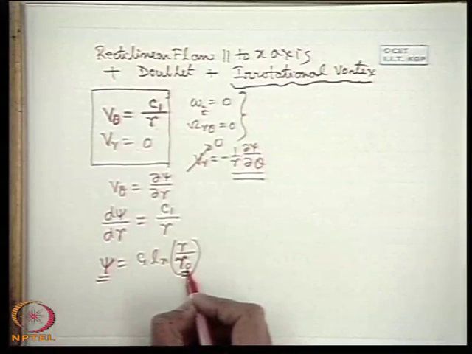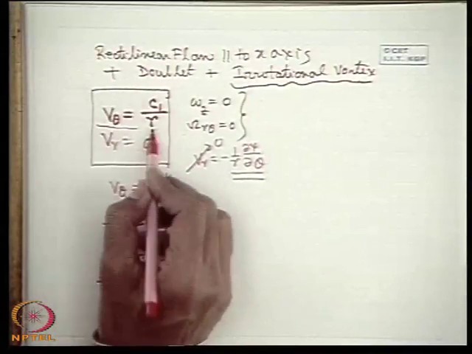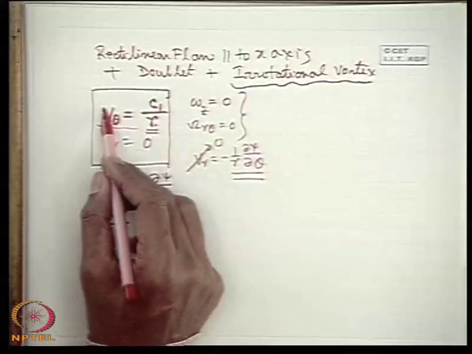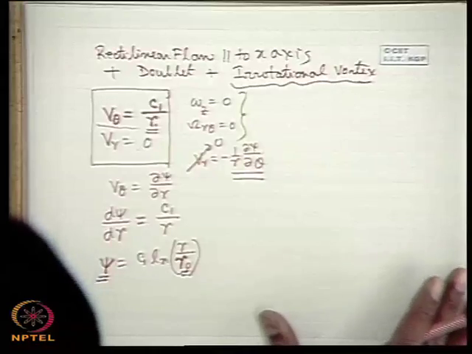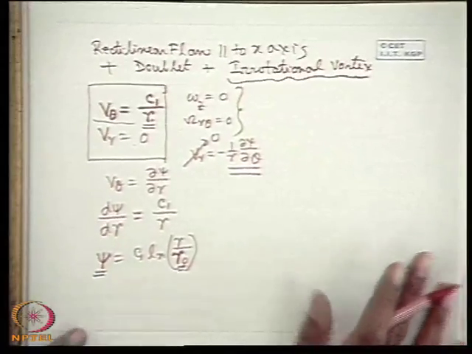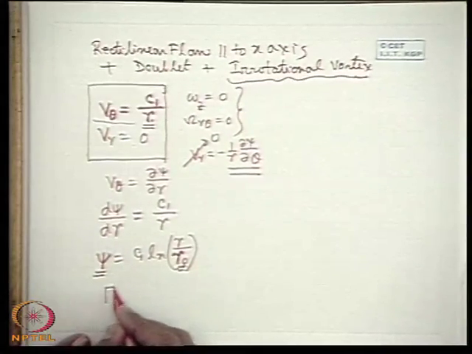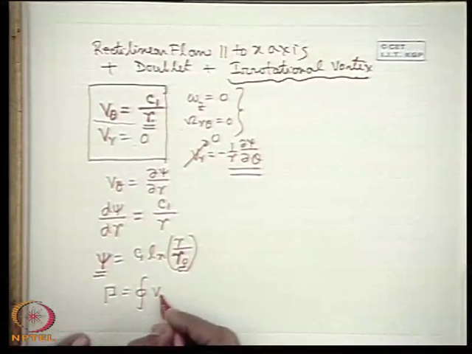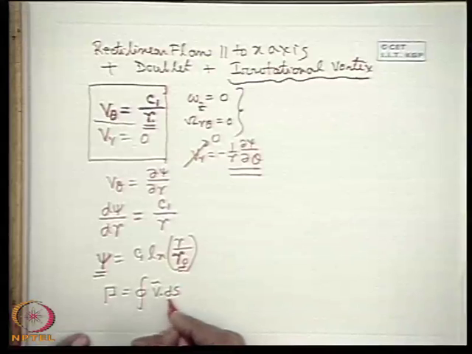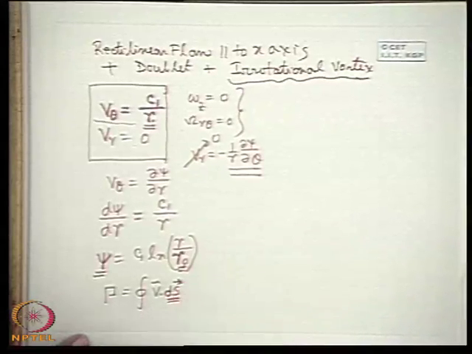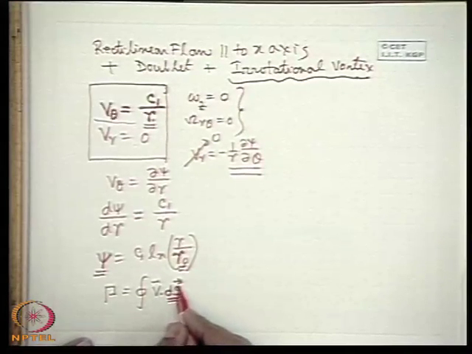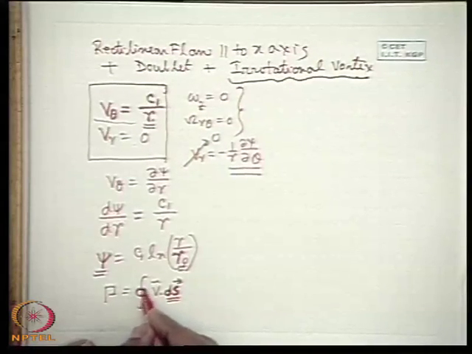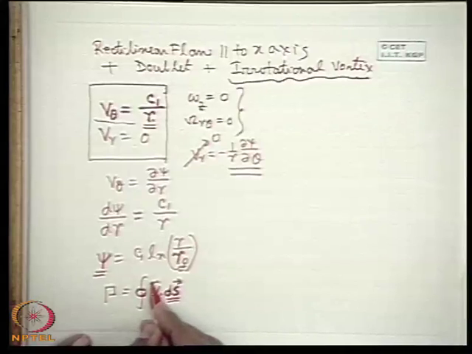And also you know that a free vortex motion can never be described up to the center or the origin of the coordinate system where r is 0, because here v theta is undefined, infinite. That gives a point of singularity. Now if you recall the definition of circulation, gamma, we know this is defined as the closed contour integral of v dot ds, where ds is a vector along an elemental length along a path, the integral is along a closed contour, and v is the velocity vector.